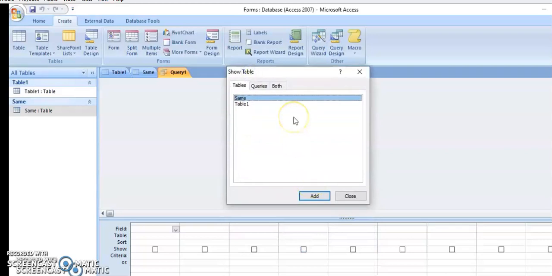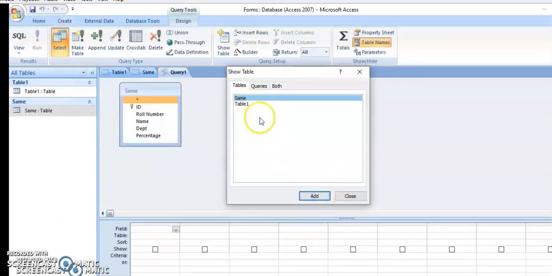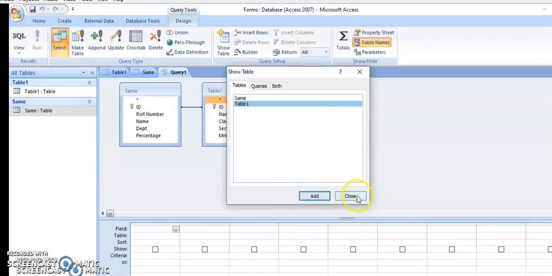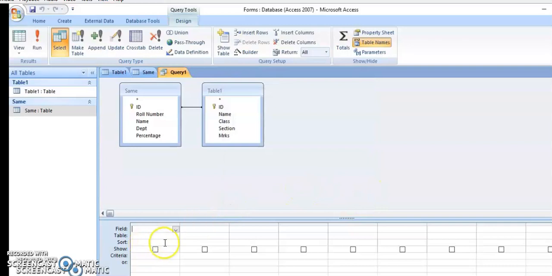The Show Table dialog appears at the bottom of the screen. I just moved over. You can select the record sources, either selecting tables, queries, or both. But now over here I have done it by selecting the tables. You can see Table 1, I have clicked on the Add button and added each one by one. Now the query design, can you see below, it appears over there.